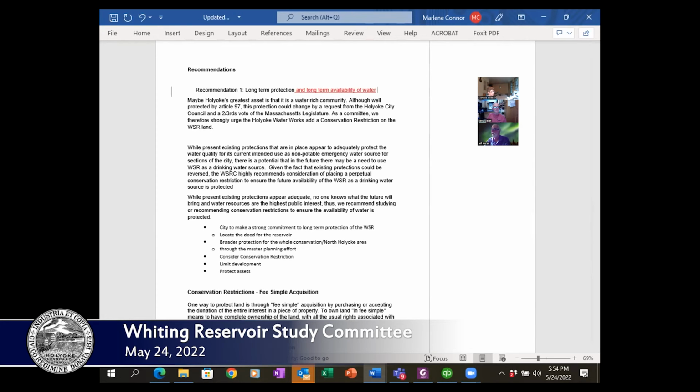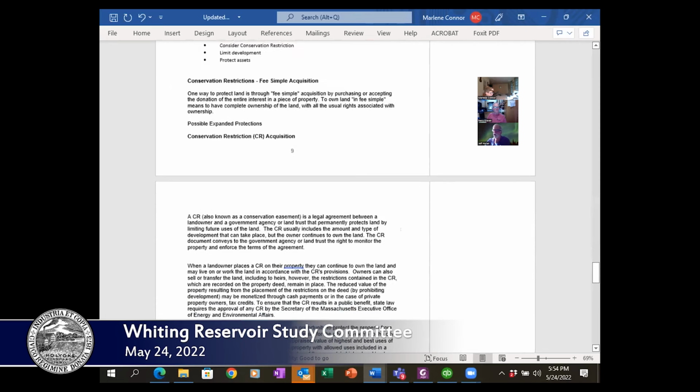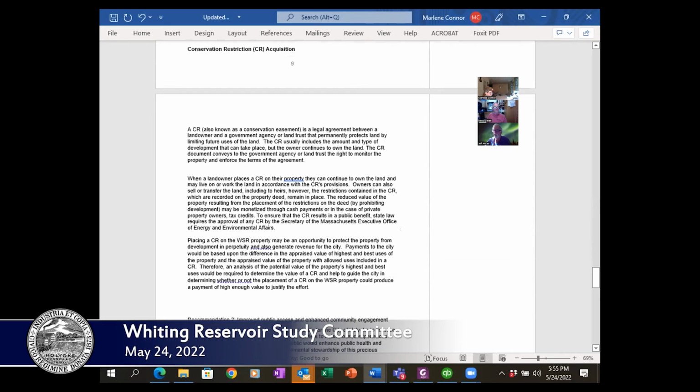So, and again, I have comments. The first two recommendations, one was protection and one was assuring availability of water. I'm not sure how I would parse this into protection versus water, but I think I would deal with most of it the way you have it, and then I do think we need a recommendation two that talks about